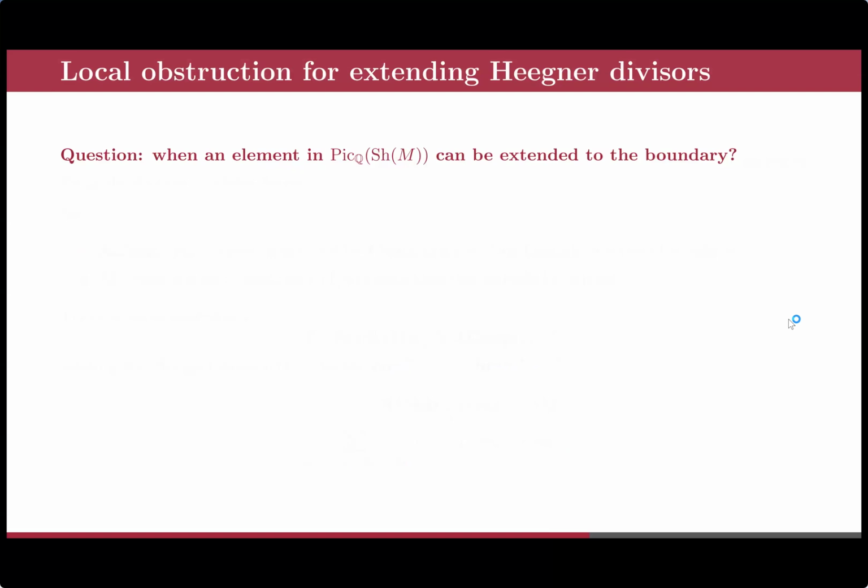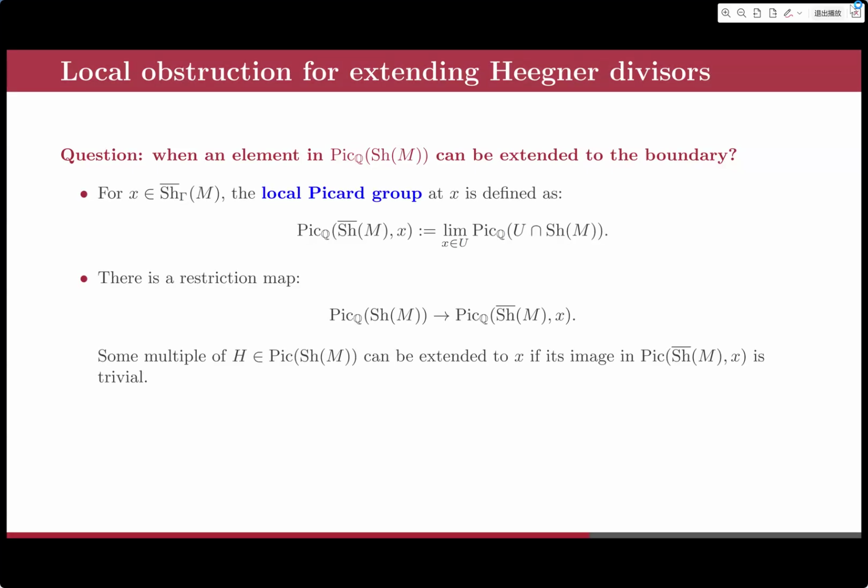Now the question, back to our theorem: when can an element in the Picard group of the Shimura variety be extended to the boundary? Because we already know that every element in the Picard group is some linear combination of the Heegner divisors under our assumption that M contains two hyperbolic planes. And the answer is that there are local obstructions for extending such Heegner divisors to the boundary. Inside the Shimura variety, the Heegner divisors are Q-Cartier, so they are Q-line bundles. But once you want to extend your Q-Cartier divisors to the boundary, which is very singular, there are natural obstructions. These obstructions can be computed as below. We use the local Picard group to